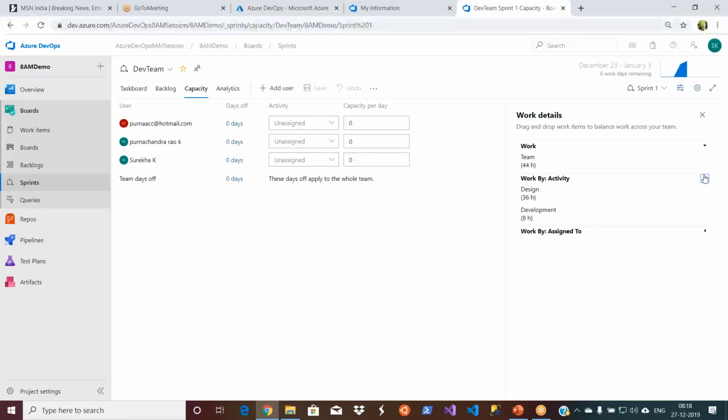So right now in this sprint, I have activities related to design, that is 36 hours, and I have activities related to development, that is 8 hours. Okay, this is categorization by activity, and categorization by a person as well. Right now 28 hours of work is being assigned to Purnachandra, and 16 hours of work is being assigned to Sureka. Okay, it's all good actually.